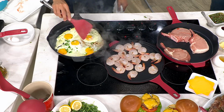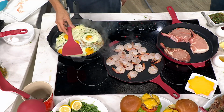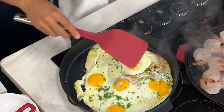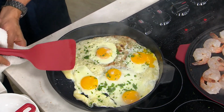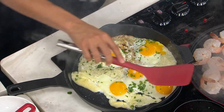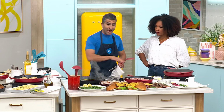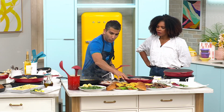But remember, I'm using all my utensils from Kitchen HQ as well. And they don't scratch. This is ceramic non-stick cookware, so you don't worry about scratching or damaging that cookware. And you mentioned it as you picked it up, it really is heirloom quality cookware. It's built to last. And when you think about everything I'm doing, I'm using the griddle as a little plancha,